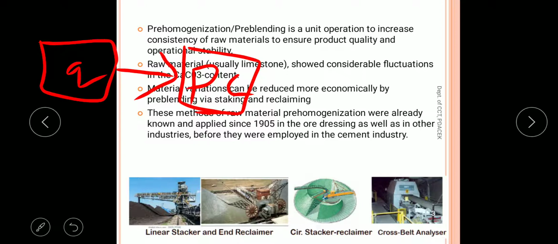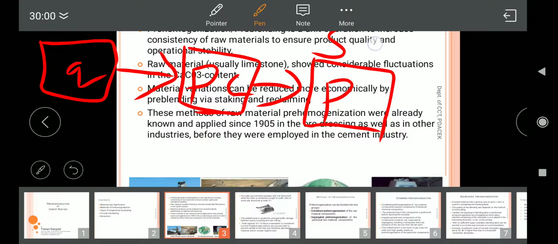After this primary crushing, small pieces of 1 inch or 2 inch will come out from this primary crushing unit, and they will undergo a process called pre-homogenization, and that pre-homogenization consists of stacking and reclaiming.